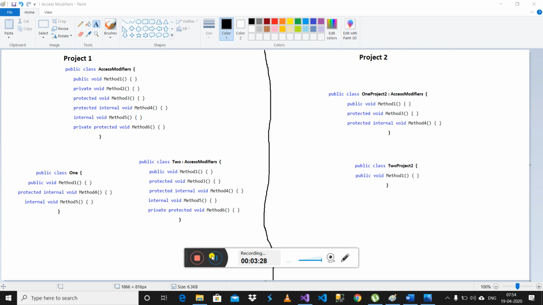Protected internal can be accessed within the same assembly, or in inheritance in any other assembly. Internal can be accessible in the same assembly only, in inheritance or in a normal class. When we declare private protected, it can be accessible in the same assembly in inheritance only. It cannot be accessible from the other assembly.